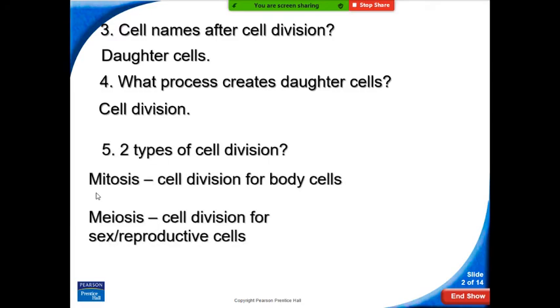Two types. Mitosis is cell division for body cells, which are also referred to as somatic, S-O-M-A-T-I-C, somatic cells. And then meiosis is cell division for sex cells or reproductive cells. They're called gametes, and those would be sperm cells, and those would be egg cells. And a major difference is you get 4 of them from meiosis, and they are genetically different than the parent cells,